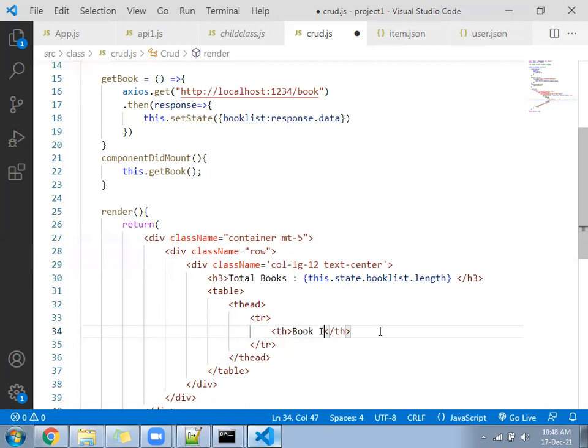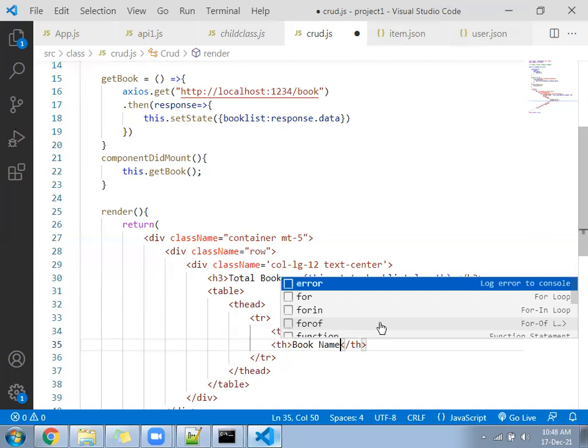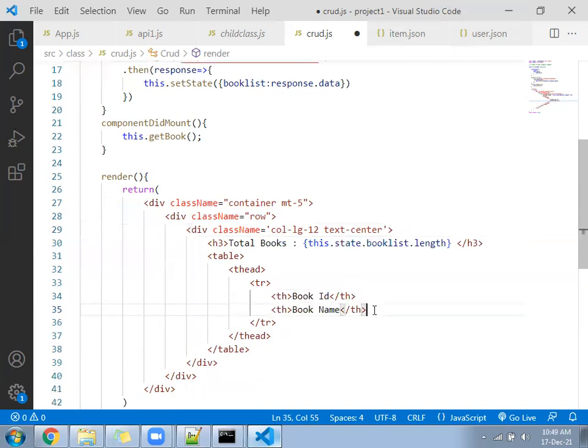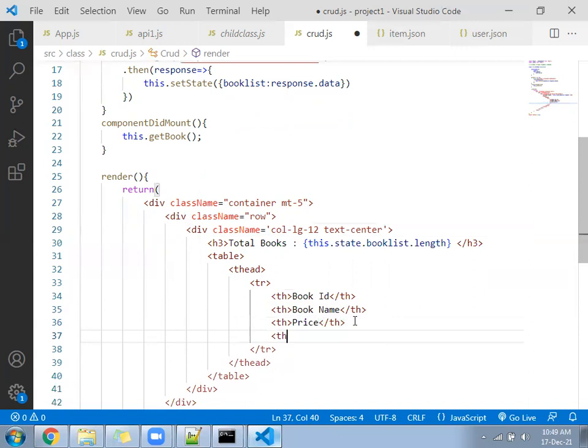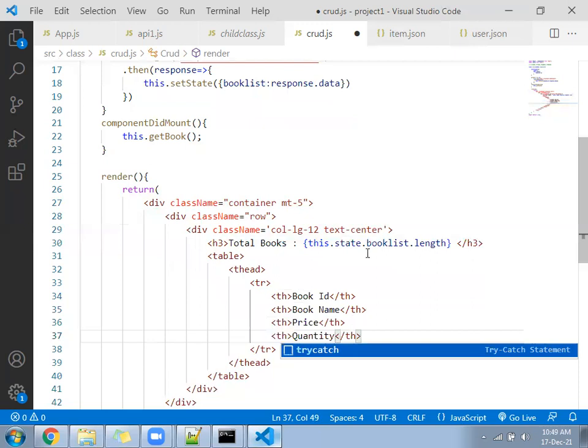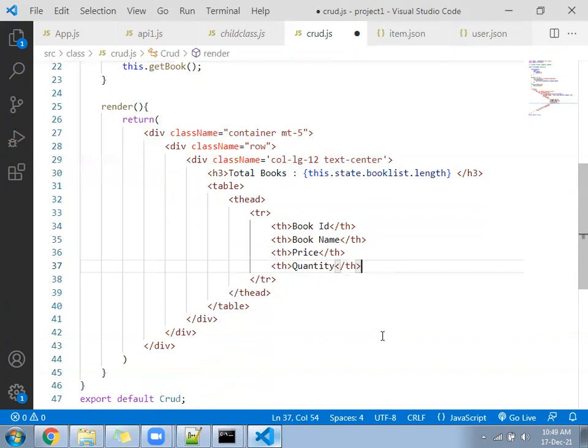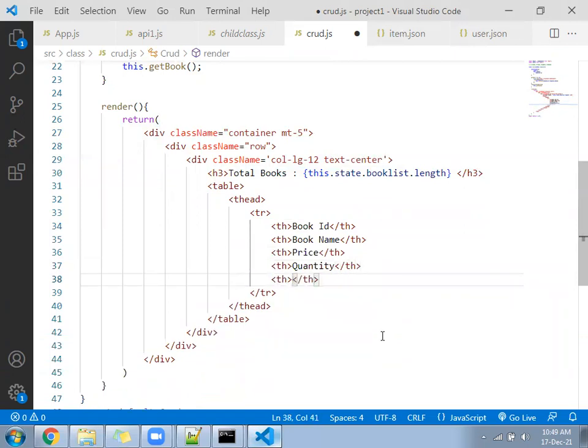Book ID. Book name. Price. Quantity. Action.